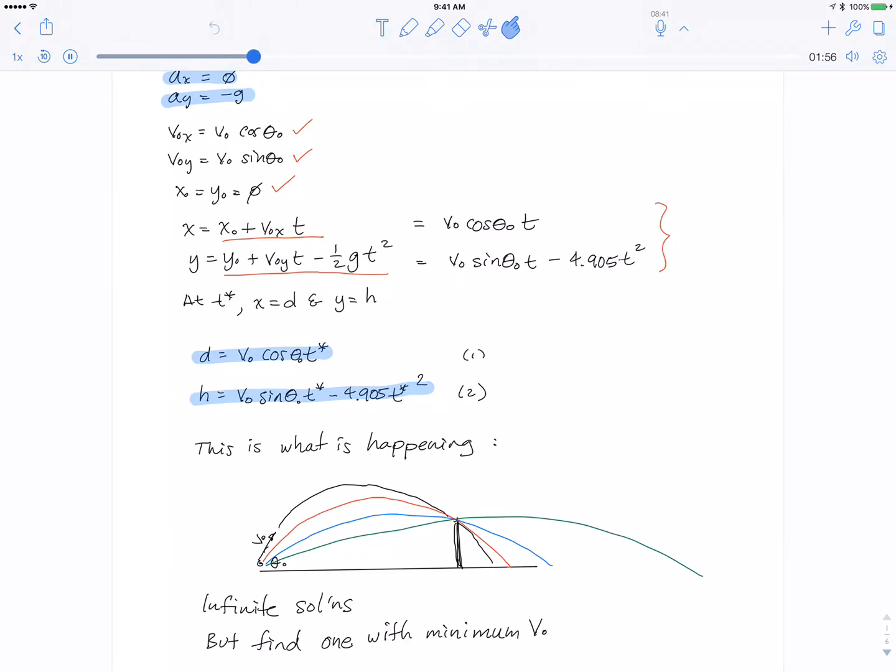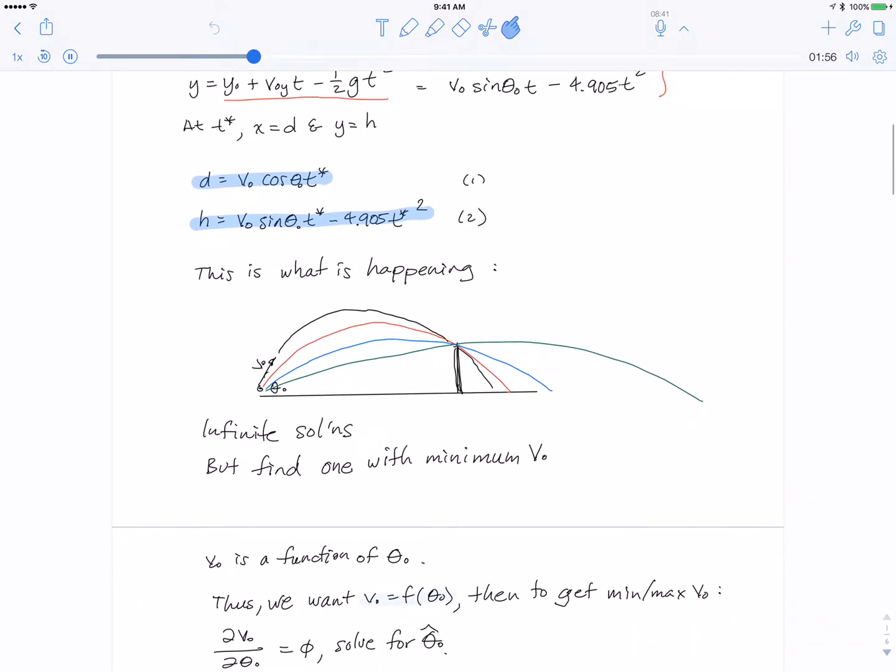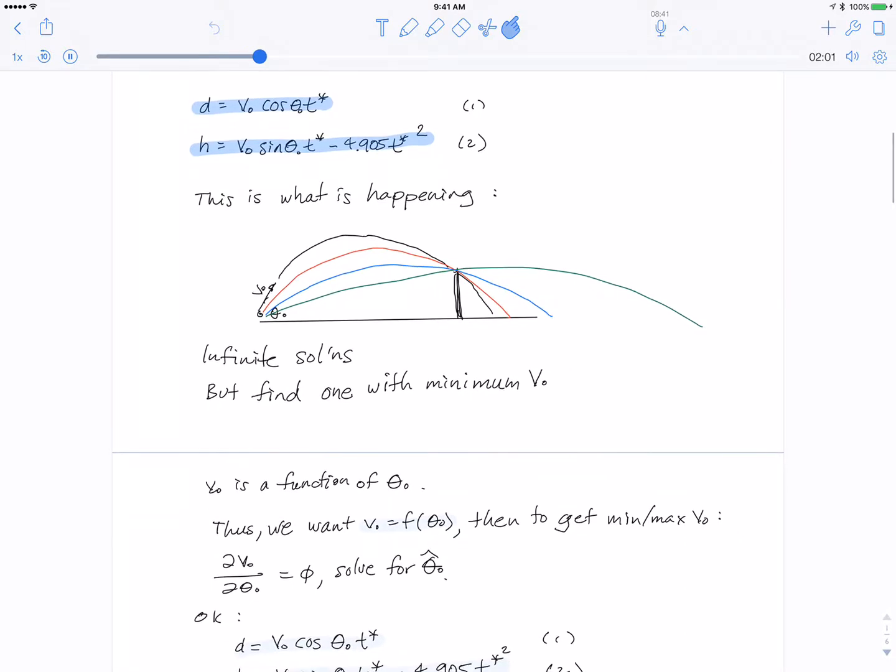So v0 is a function of theta, okay? You see the 4 lines I drew there. And so we want the line that represents the minimum v0. So what we have to do, and this is what makes the problem hard, we have to get the initial velocity as a function of the initial angle to just clear 6 meters, 3 meters. And then we're going to have to get the minimum velocity as a function of theta. So that means taking dv/d theta equals 0,